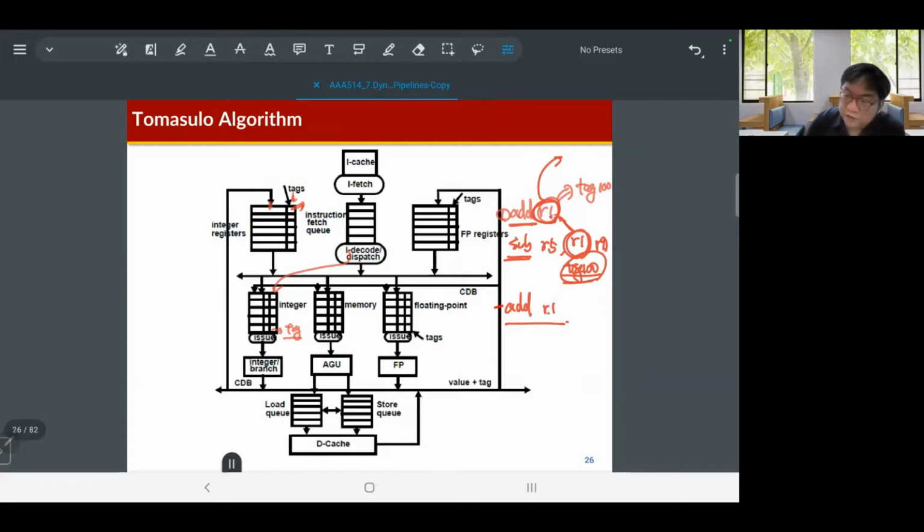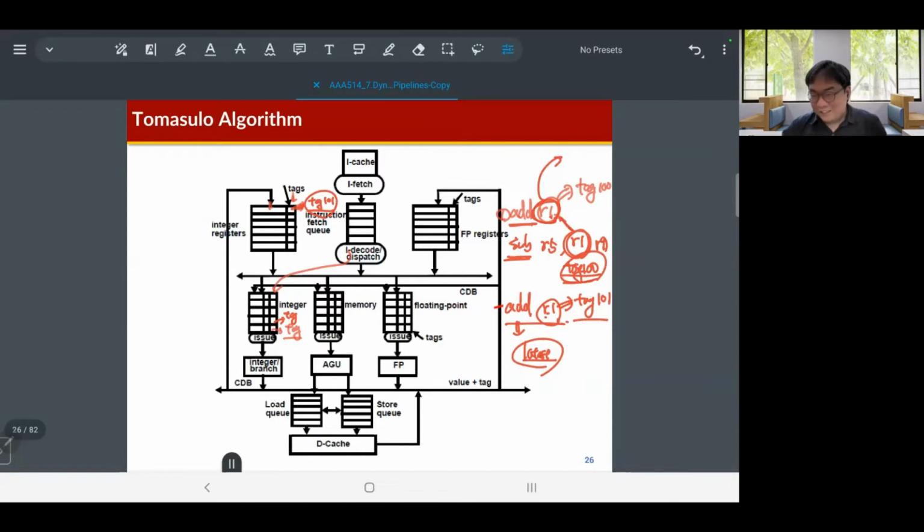actually the destination is the same, but we know this add instruction is the latest instruction, okay? So R1 is changed to a different tag number, like tag 101. So when the add instruction is dispatched to the issue queue, another tag is used, and this tag is changed to tag 101. Okay. So